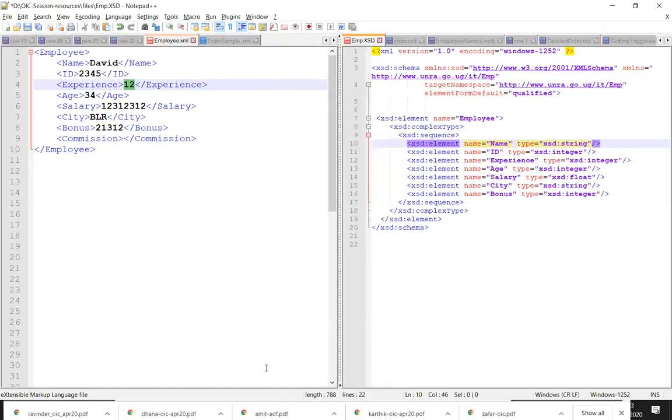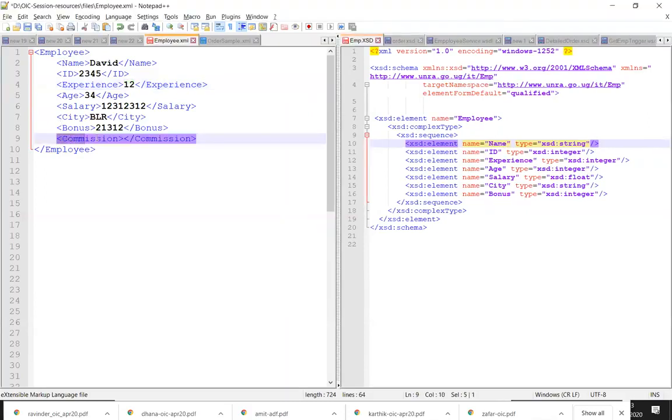One more question. The XML document should follow our XML schema. So should the elements be the same in our document, or can we remove some? Can our XML document contain only name and ID fields with values, or should the sub elements be the same as per the schema definition in our XML data file? Right, it has to be the same, but if you think some of these elements may be null, like commission, so we have to pass.